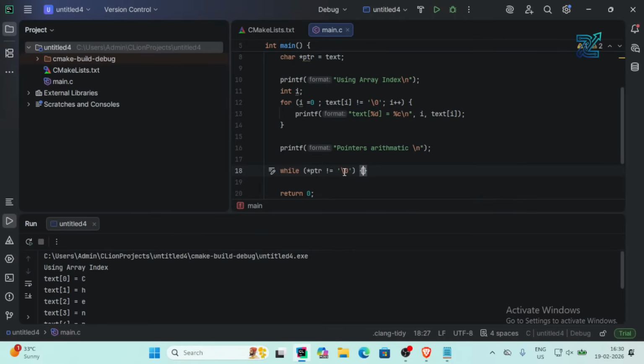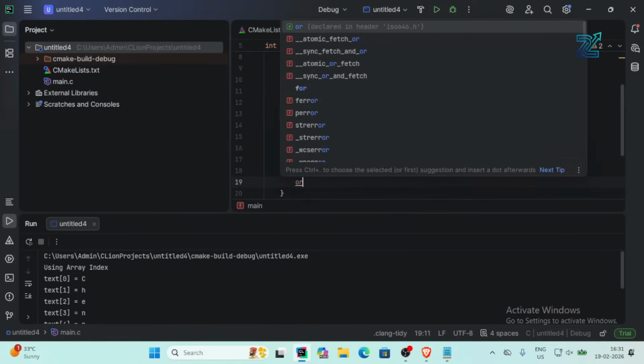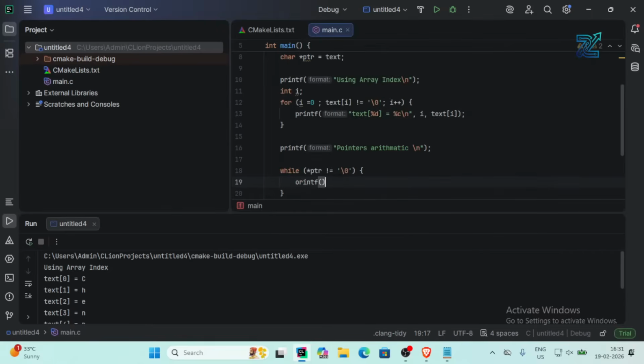So this is the condition, and I am using pointers here instead of array index values. So within it, I'll give printf within this printing statement. I will give some value, for example, the pointer to the index of